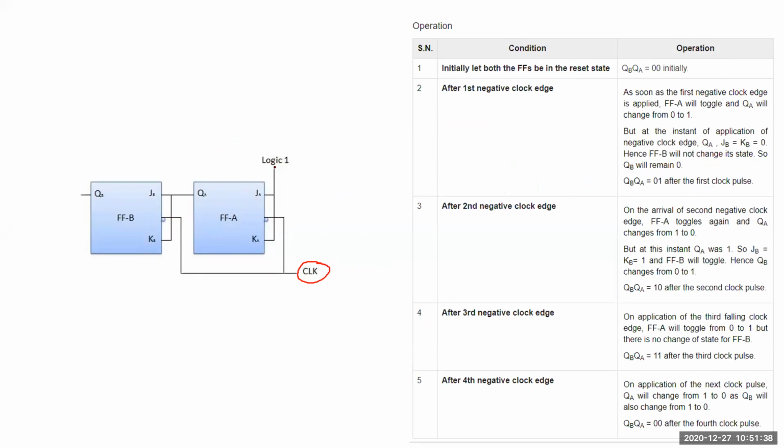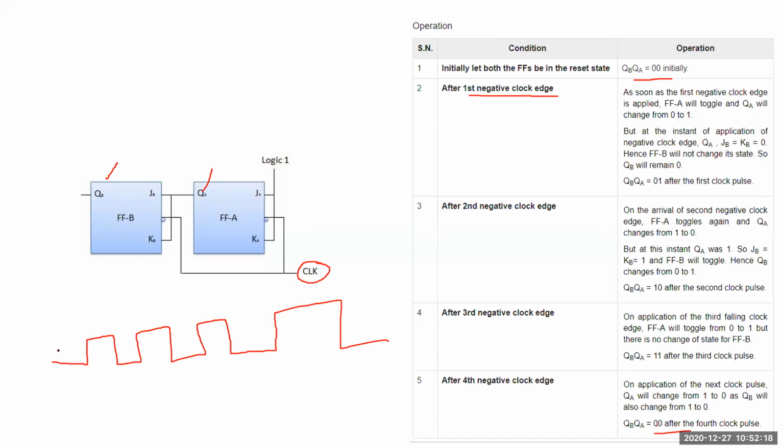So now, let us see the operation of the synchronous counter. Initially, both the flip flops are reset to the value 0, 0. The outputs have been reset to 0, 0. QA and QB are made 0, 0. Then what happens at the first negative clock edge? I have taken here 4 negative clock edges. Until I get the same initial value, I'll be trying to trigger it. Initially it was 0, 0. Again, at the fourth edge, it's coming to 0, 0. Whenever the output becomes 0, 0 again, there I'll end this particular operation.